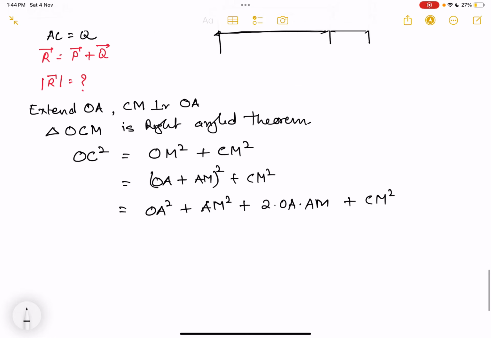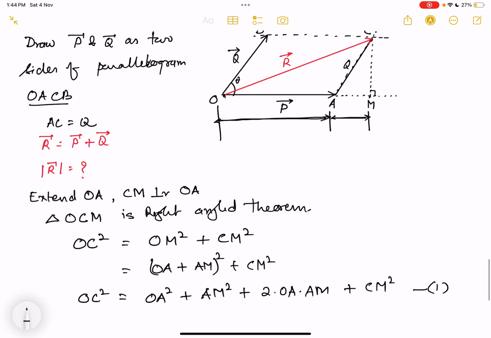Very correct. Now I can go to the smaller triangle. Let us say this is equation 1. Now you go to the smaller triangle,